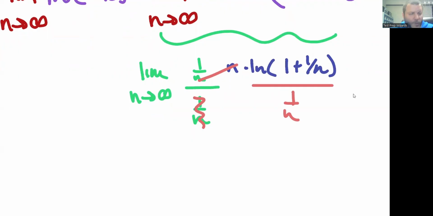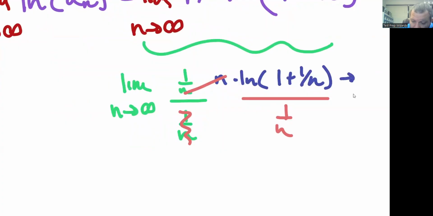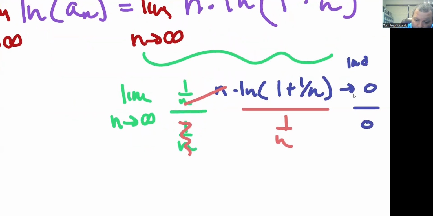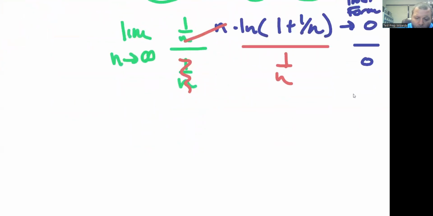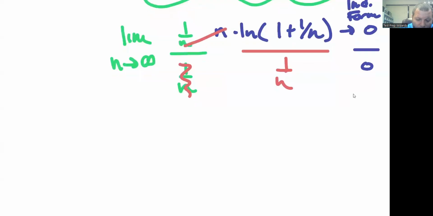Well, now when I try to take this limit as n approaches infinity, the numerator is going to approach 0. 1 over n is also going to approach 0. Look at that. We have 0 over 0. We have an indeterminate form. You know how to handle indeterminate forms? Our old boy L'Hopital. So at this point, we can use L'Hopital's rule. So by fancy L, L'Hopital,